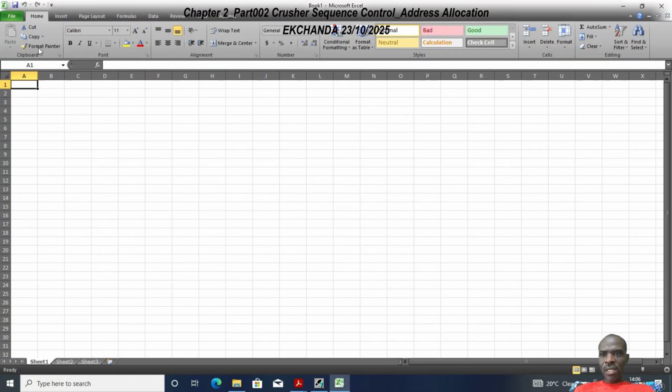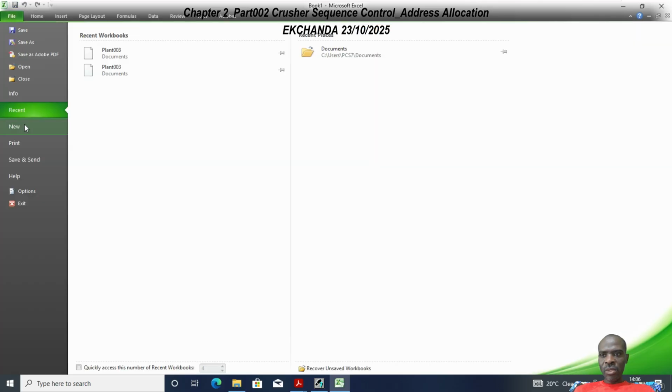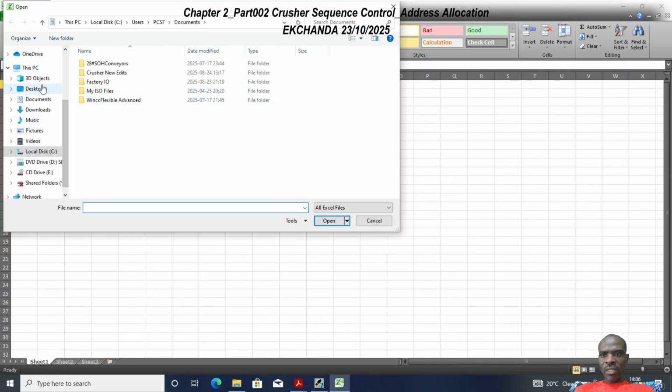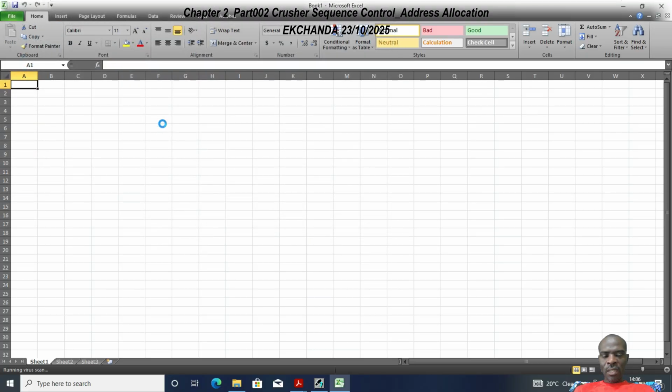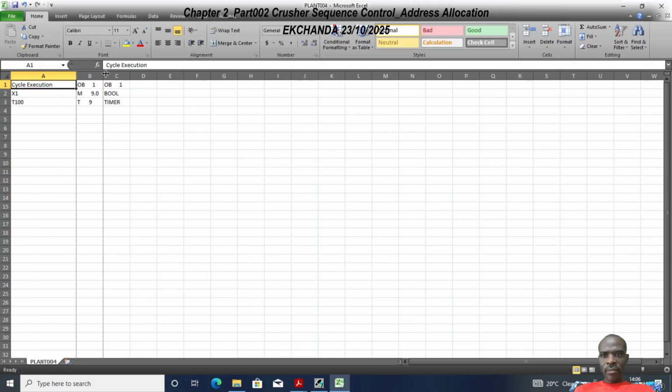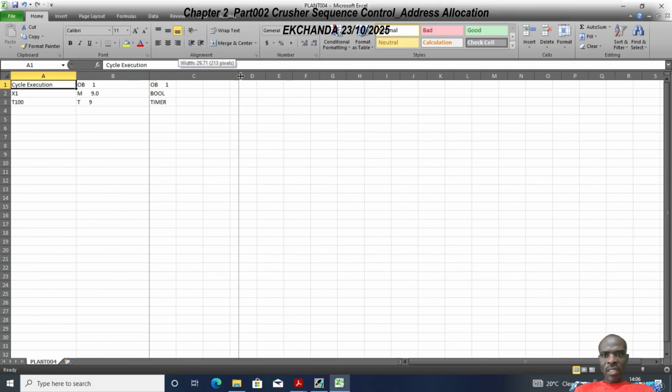And then when Excel does open up, we're going to open that list we just created. Okay, so open, we're going to go to the desktop, and then I need to pick all files. And then the one I want is plant 004. Then of course it's going to open like this. Okay, so when it does open